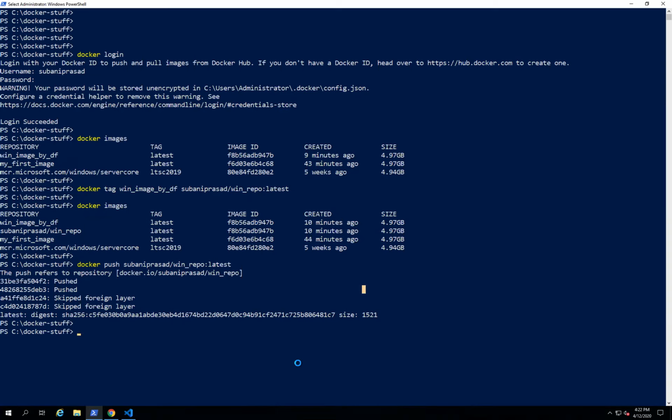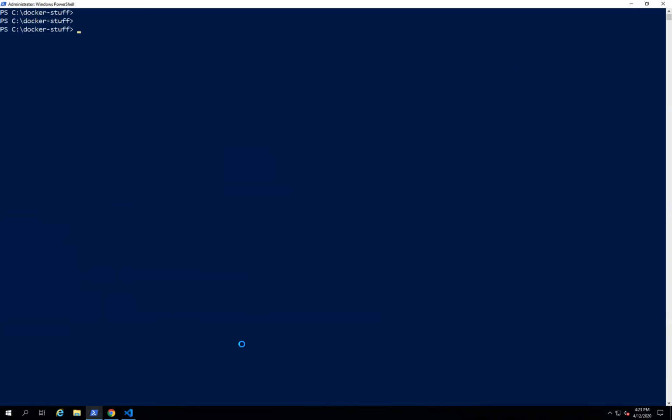Let's see. We'll try to observe the default nature of Docker container storage, and then we'll try to make it persistent. All right. So let's do one thing. I will try to launch a Docker container. The same container I want to utilize, win container 3, and I'm just creating it. The container is created.